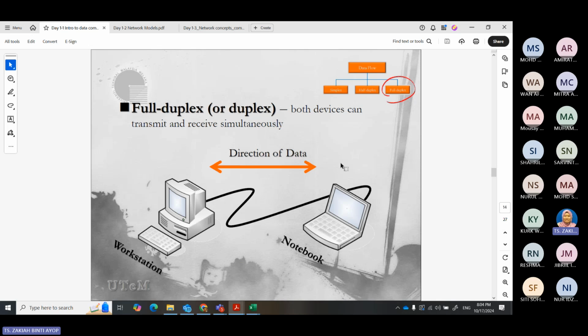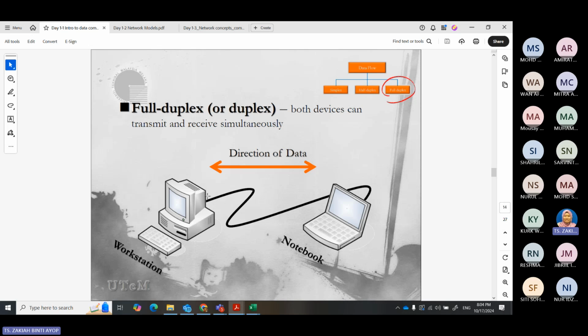Sometimes the meaning of full duplex is that we use both directions, transmitting and receiving simultaneously. But sometimes it means we take one line that implements half duplex and combine it with another line to make a full duplex. One direction uses one line, and the other line is for the other direction.